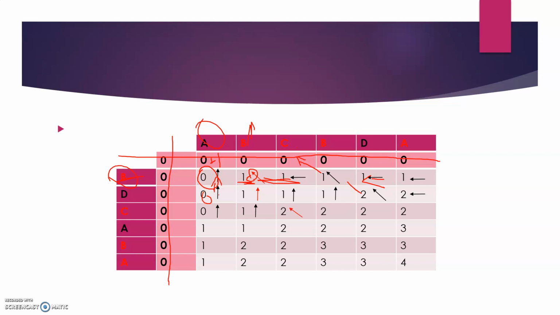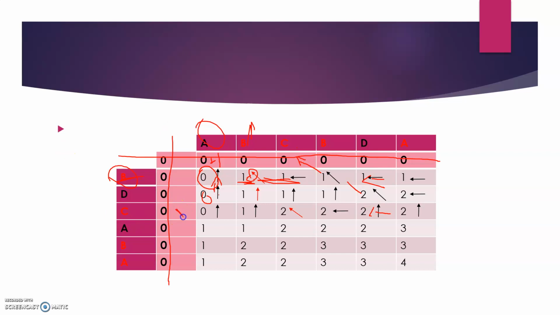So next one, C with B, it's no match, taken from the previous value, and C with D, no match, taken from the previous value or the top value. Anything works fine. Here it can be this also, because we can take it from either way. Next, here it is no match, taken from the previous value or the top value. So it's going to be 2 again,